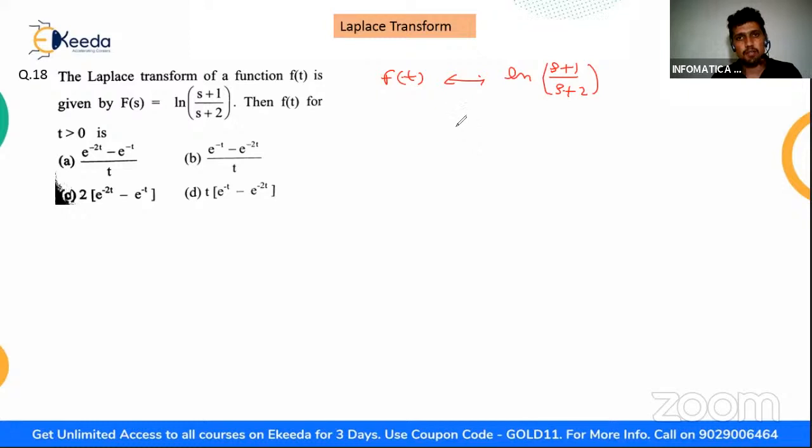Since we know the differentiation property, what we know by the differentiation property is the Laplace transform of t f(t). Whenever there are logarithmic or other kinds of functions, we most probably use the differentiation property. In the differentiation property, whenever f(t) is multiplied by t, it is given by minus 1 times d by ds of